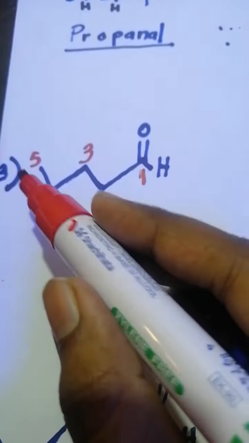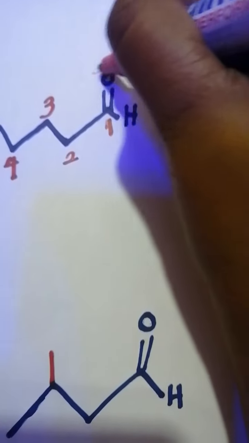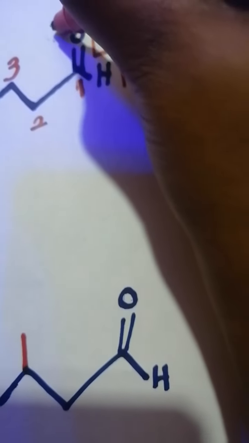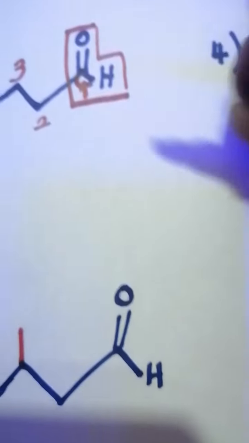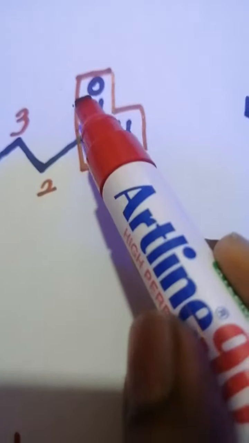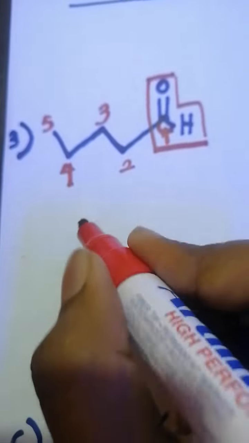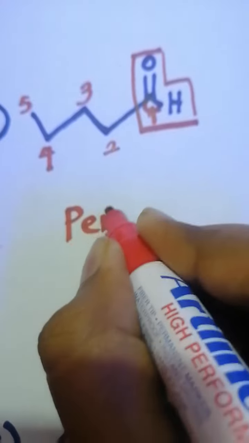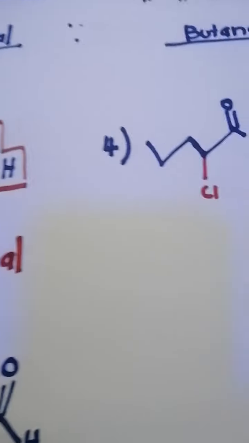So we have 5 carbon, right? So when we have 5 carbon, and this will be the functional group for the aldehyde, and this will be the carbon. Carbon, double bond O with H. So this is aldehyde. So it's very simple. It is pentanal. Since we have 5 carbon, right? Okay. Next,